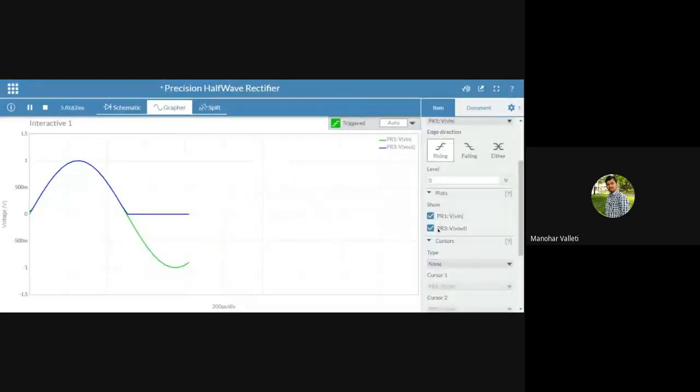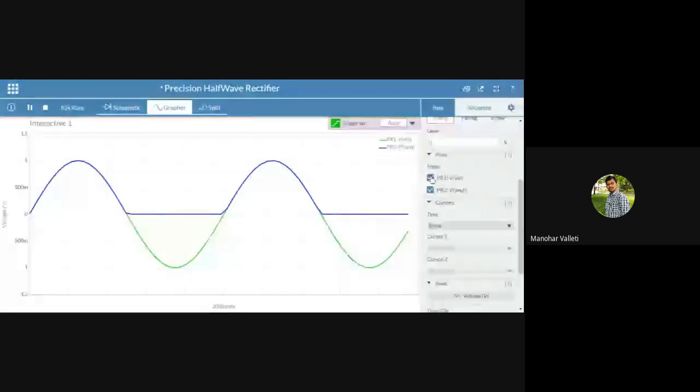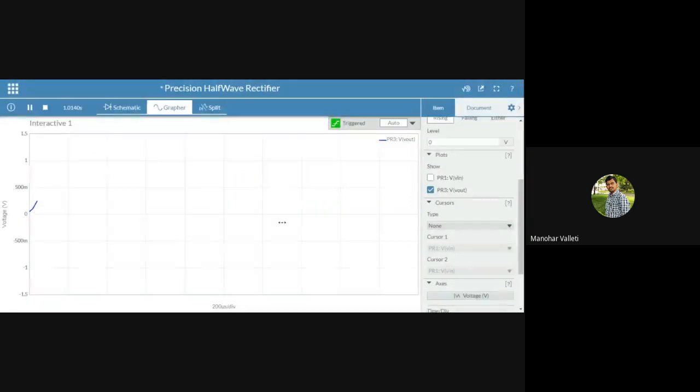And if you want to see only one waveform, you just see these are the settings of this graph. If you unselect whichever waveform we don't want to see, now this is only the output. I just unselected the input, so it is only showing the output. So nothing will come. So this is the input, right? So if the output keeps on changing and you want to stop, just stop here. The graph will stop.